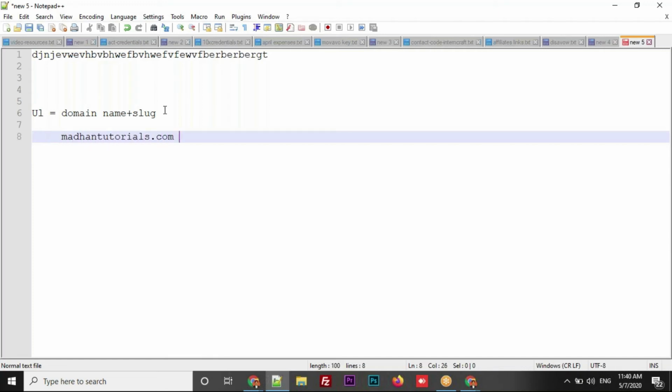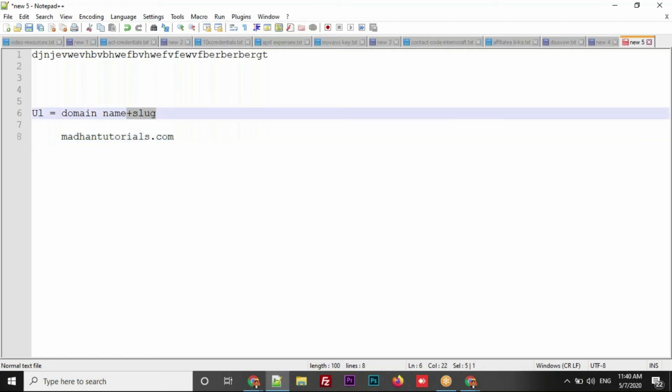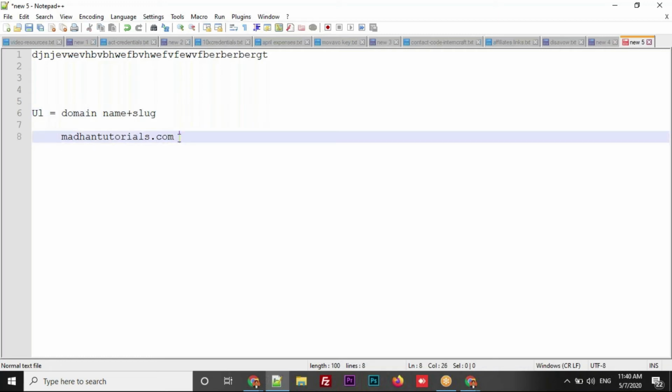It's a domain name. Now, slug is nothing but, let's say you click on the about section of my website or the contact section of my website. Once you click on contact, you will navigate to the contact page. If you observe the URL in the contact page, it looks like this. Right? So if you are in the contact page, it looks like this.